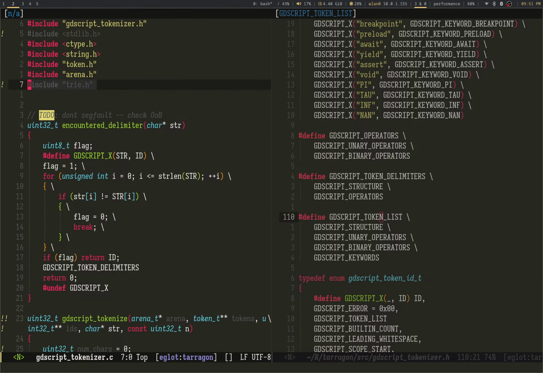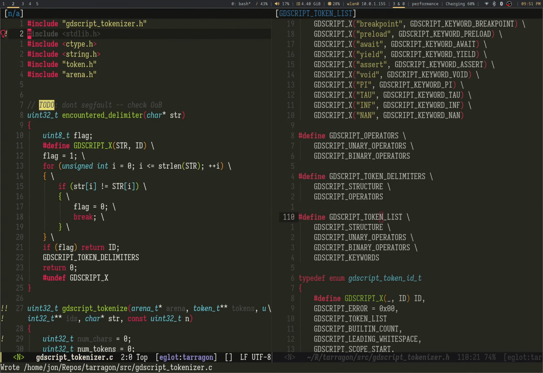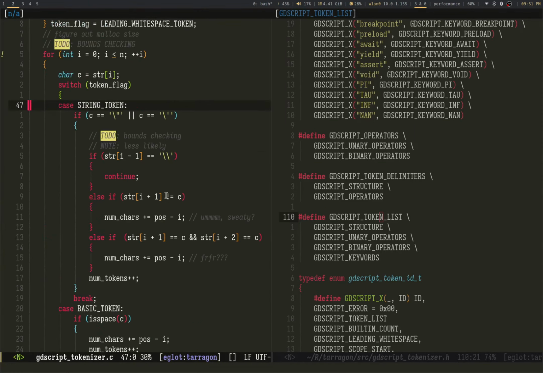Check your OOBs. Alright, well, I'm not using standard lib. I'm not using standard lib. Great.